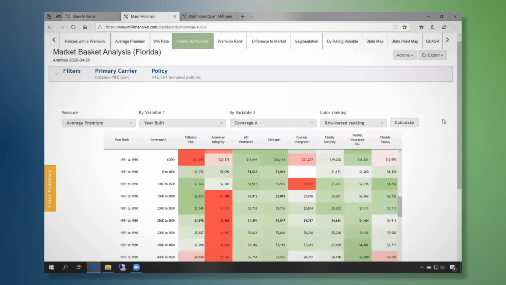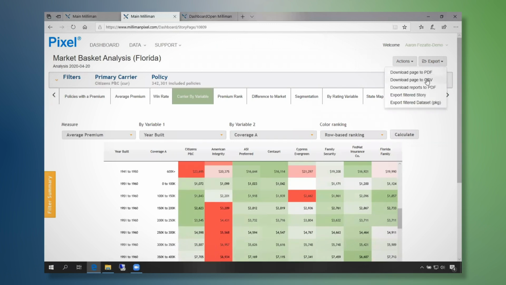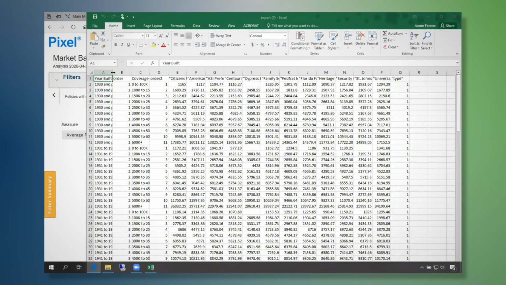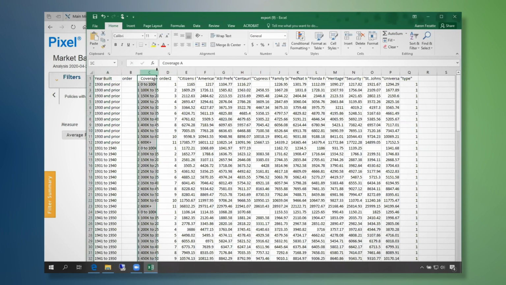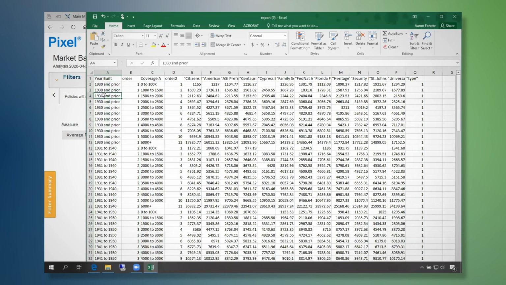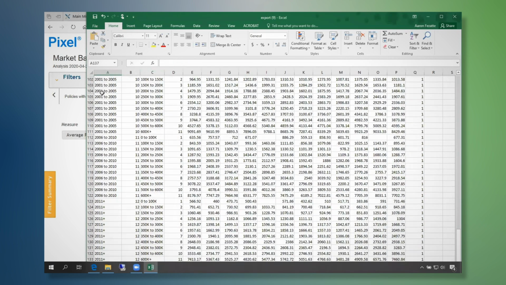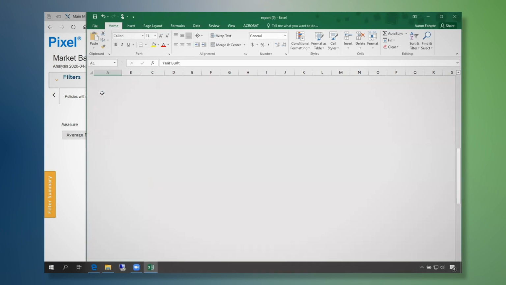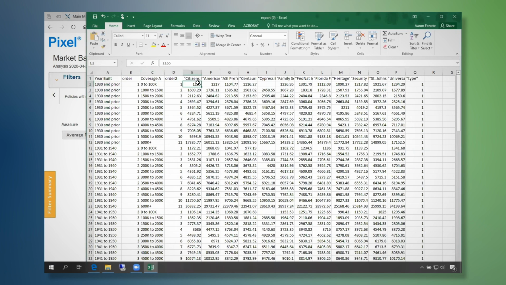Like all the other tabs, this is available to be exported. This one is going to be a bit longer just because it is so many different combinations. But as you can see, they're all here. We end up having about 130 different combinations here, where we have all of the different carriers' average premium and then how they compare to each other.